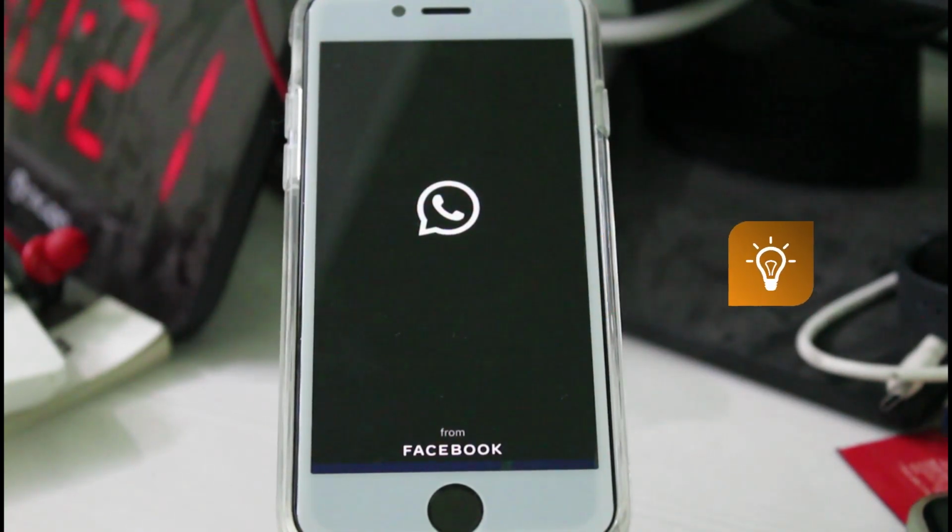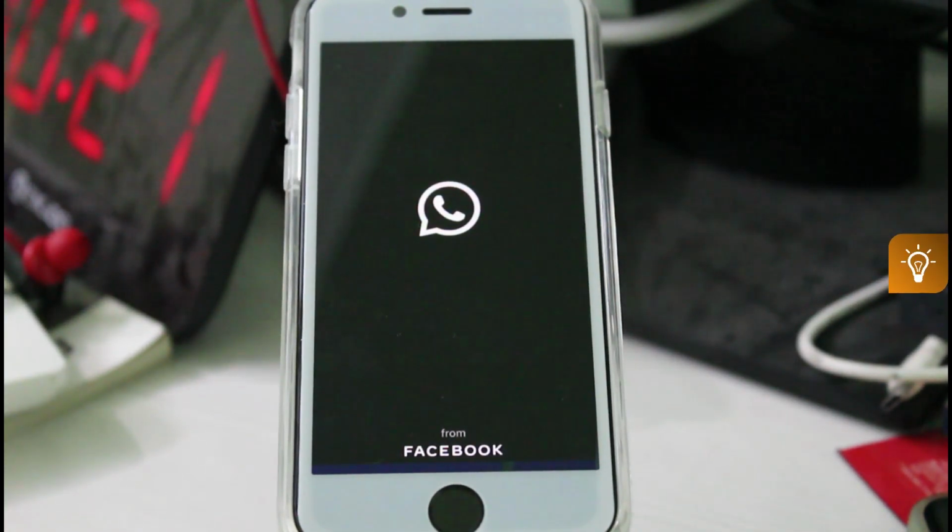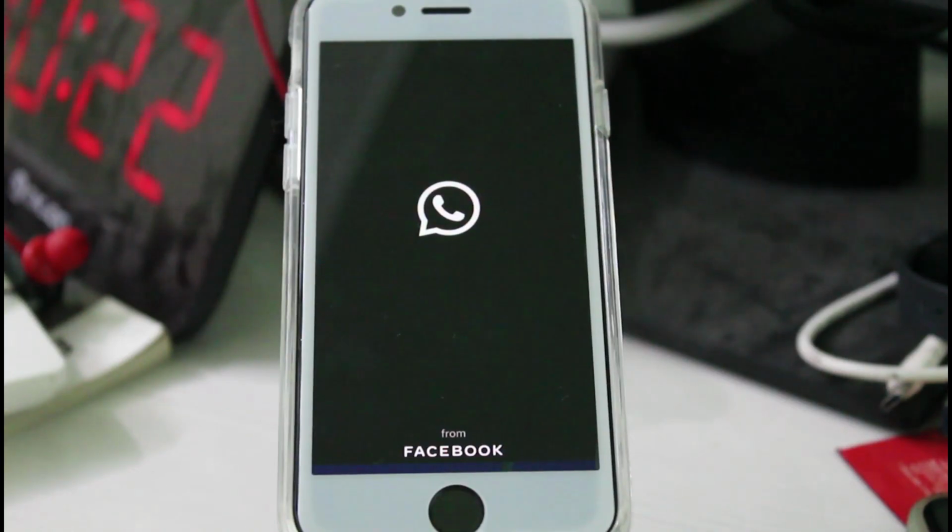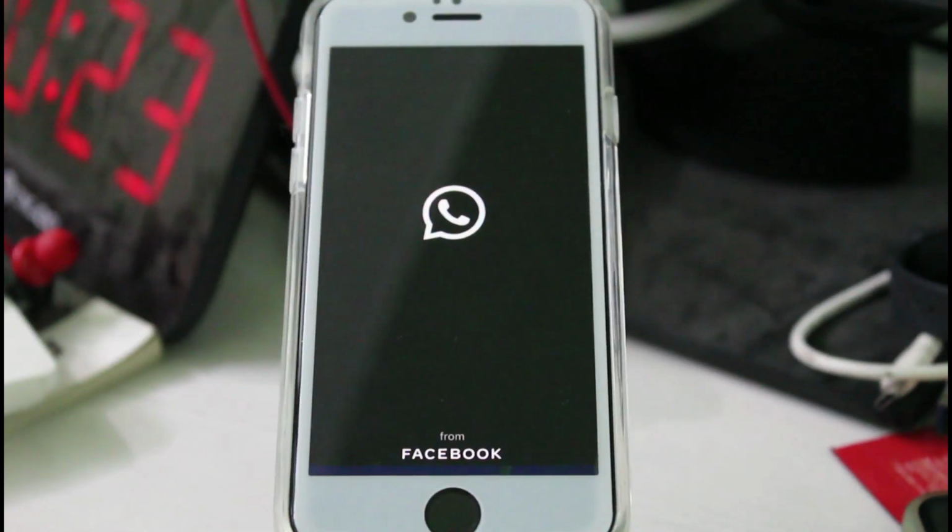So today I will show you how to enable dark mode from your iPhone's WhatsApp Messenger. But my doubt is, is there any special option available to enable this dark mode? Because most of the YouTube videos show just activating your iPhone's dark mode and then you get the WhatsApp dark mode, which means that there is no specific setting available to activate this feature.